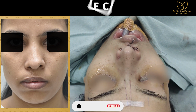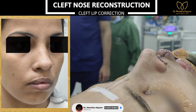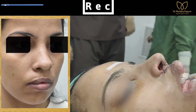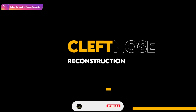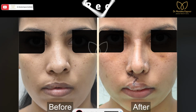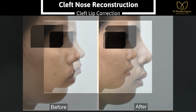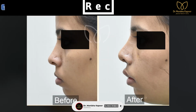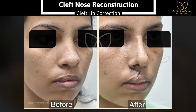The main problem with cleft nose and lip patients is they do not want to live with the stigmata of a birth deformity, and they want this to be corrected to as normal as it can be. Though a birth deformity can be corrected, it can never beat the creation of God and be 100% normal. It can be near normal, but one should not expect it to be 100% equal to